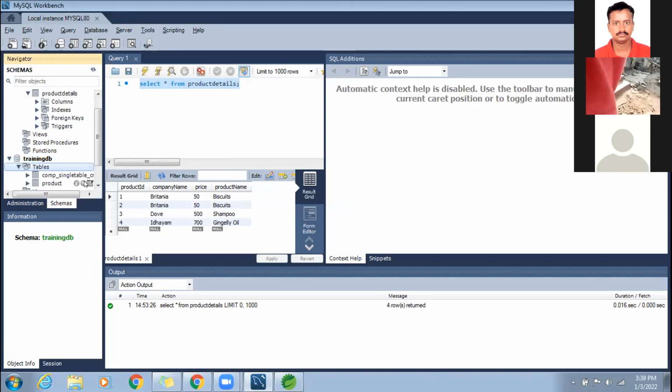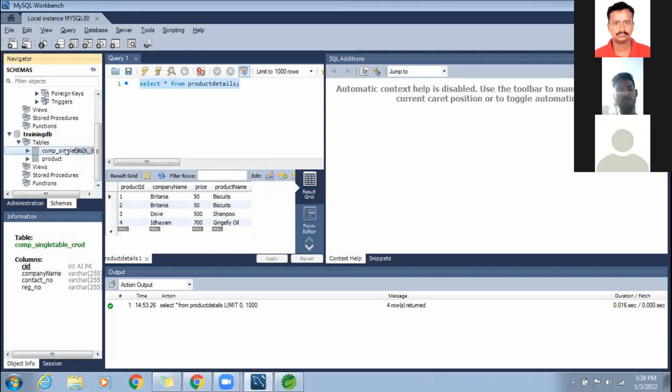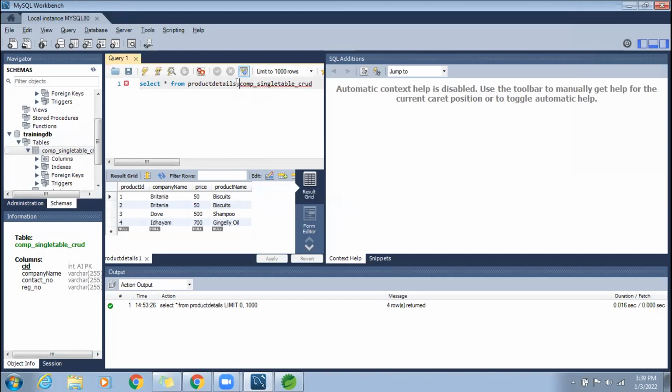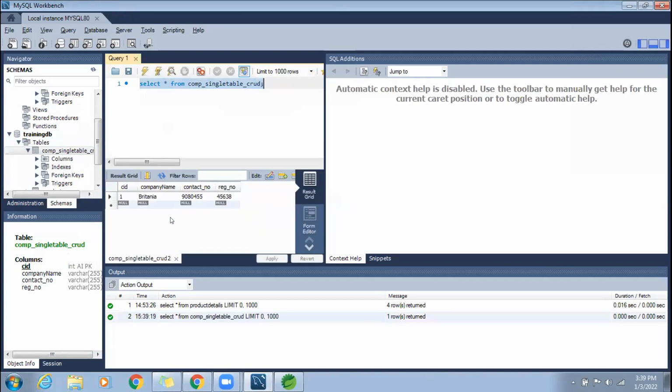Expand the table. There is a company single table available. Right click. So you got it.